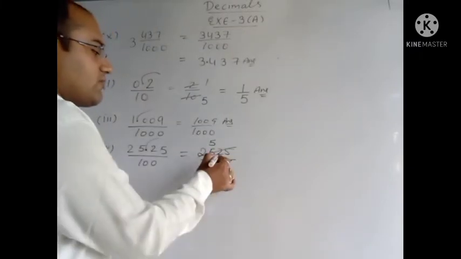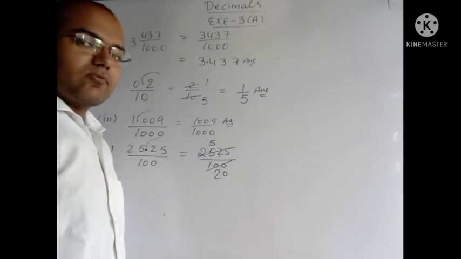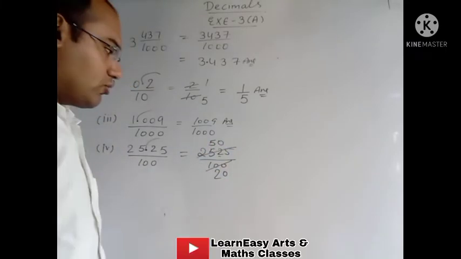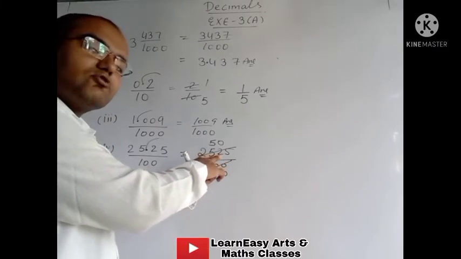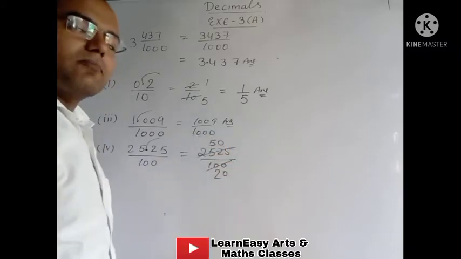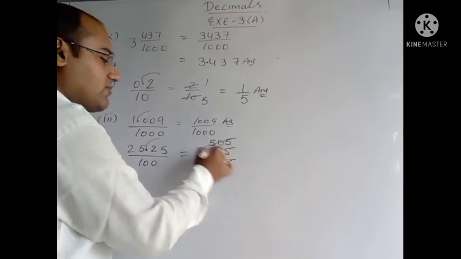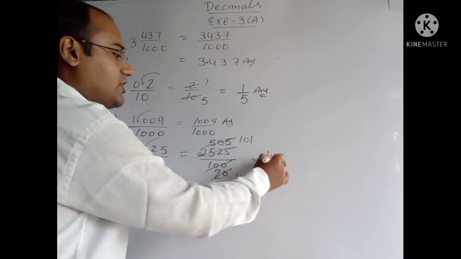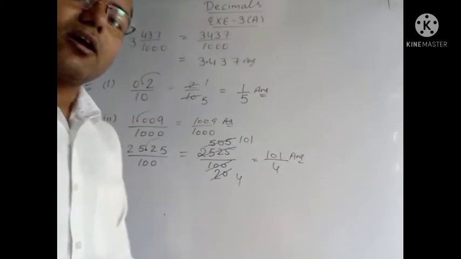Since the remainder is not there, we will take the next number. The next number is 2. 2 does not come in the table of 5. So what we will do? We will take 5 zeros are 0. The remainder will be 2, because here it is written 2 but we are taking 5 zeros are 0. So when we subtract 0 from this 2, the remainder will be 2. 2 and 5 will become 25. 5 fives are 25. Again we will cut it with the table of 5. 5 fours are 20, 5 ones are 5. 5 zeros are 0, 5 ones are 5. Now it is not possible to cut these two numbers. So our final answer is 101 upon 4.